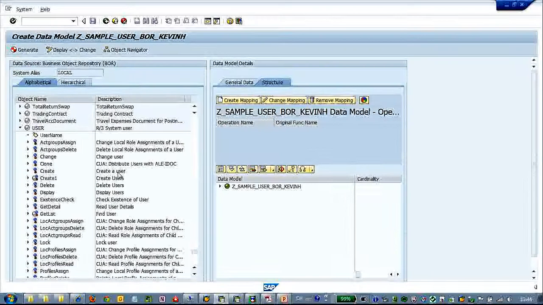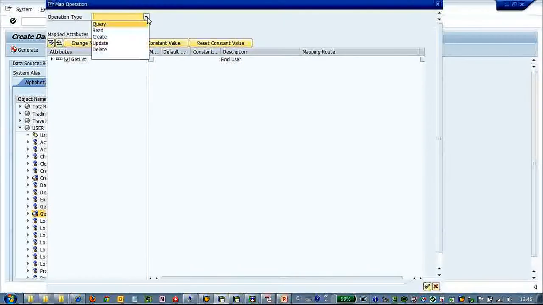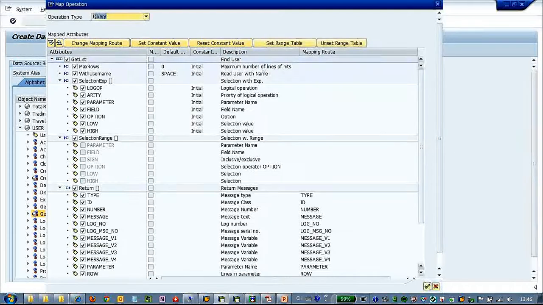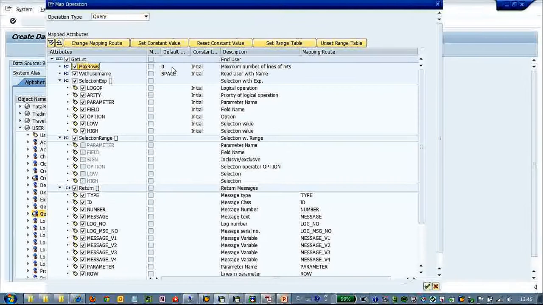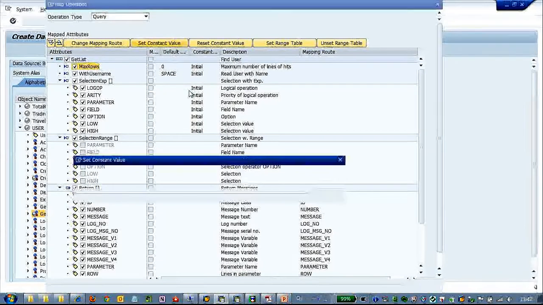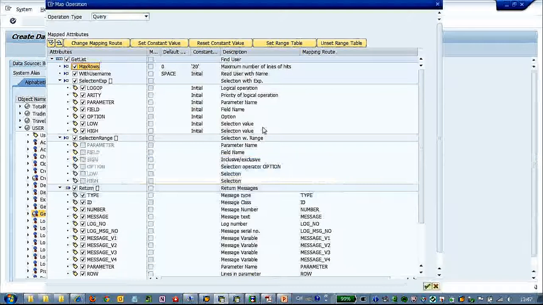We have several BAPI calls here. Let's say we have the get list. We'll get a list of the values, the users that we want. So here we can do some mappings between the backend system attributes to the gateway OData payload. Let's say we can set up a constant value to the max rows returned. This is 20,